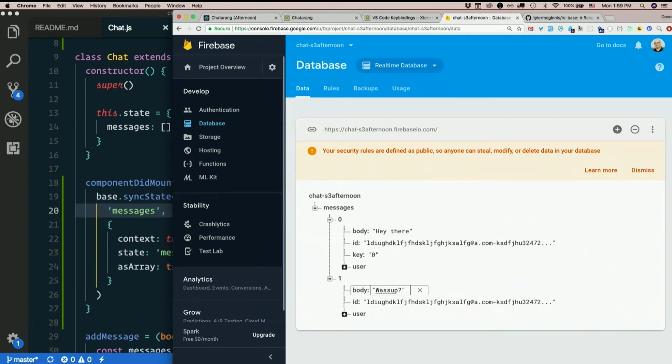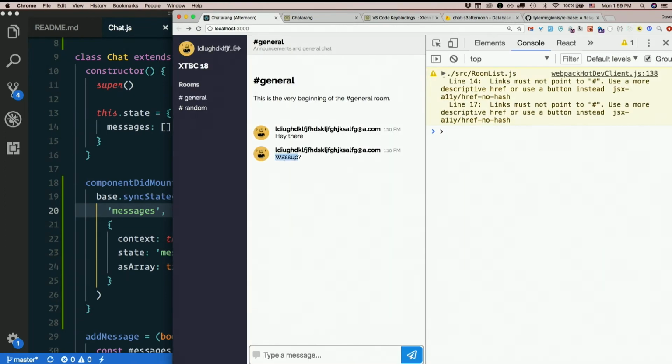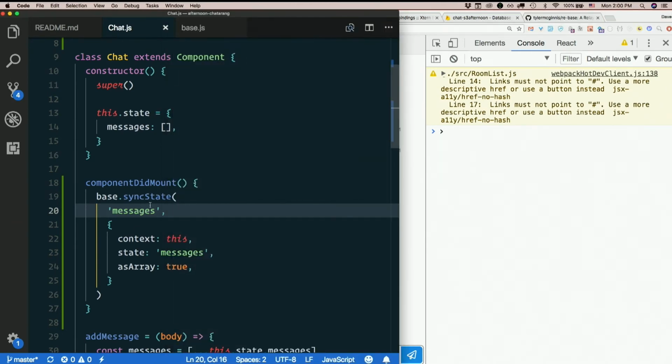So here, I'm going to change it in Firebase and check this out. Go back to chat, and it just changed. I didn't have to hit refresh or anything. It just does it. Holy smokes. It's just that fast. It just works. This is like magic. If we wanted it to be like messages/general